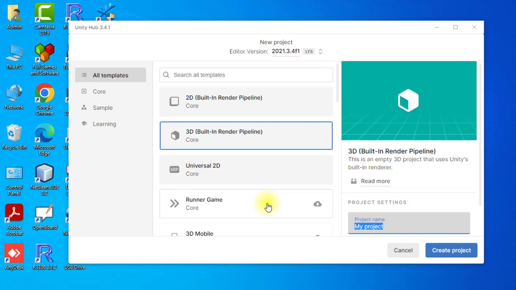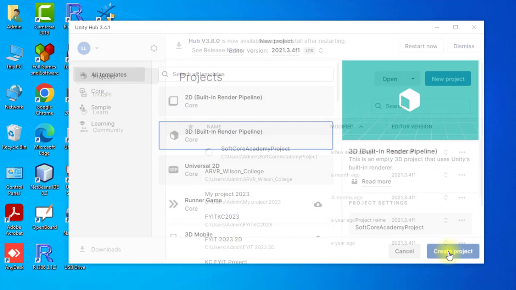So now this is my demo project, or we can call it Softcore Academy project, and then we click on create project.